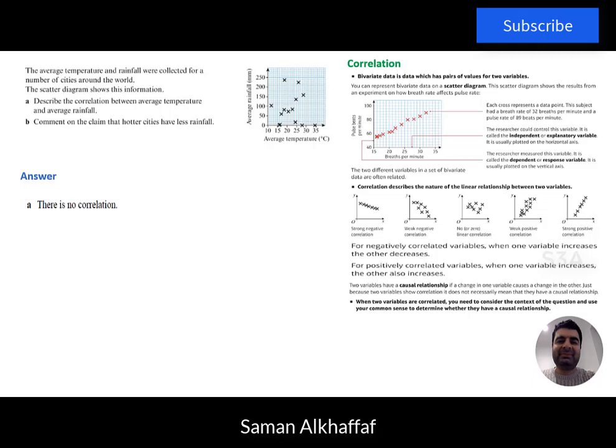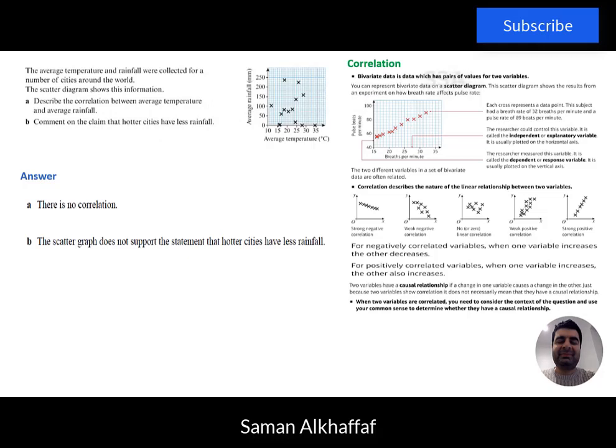This is information that we extract from the diagram, as the data is highly scattered and we do not see either one increasing by the impact of the other, or vice versa. For part B, we need to comment on the claim that hotter cities have less rainfall. The scatter graph does not support the statement that hotter cities have less rainfall,